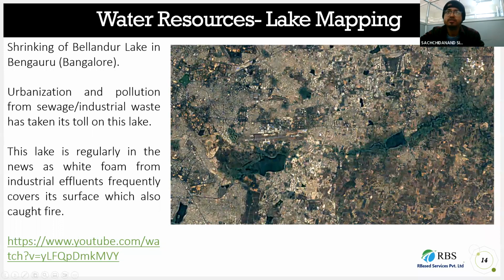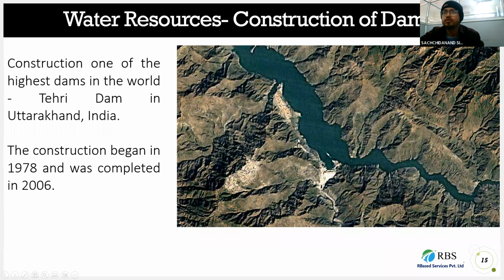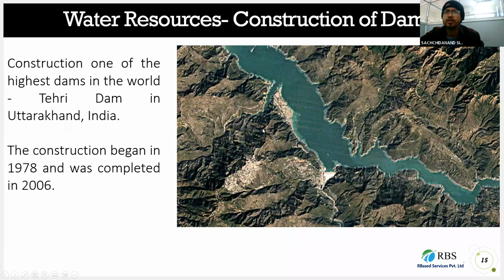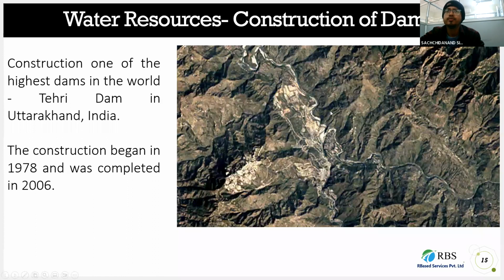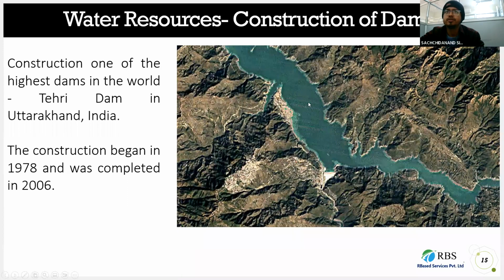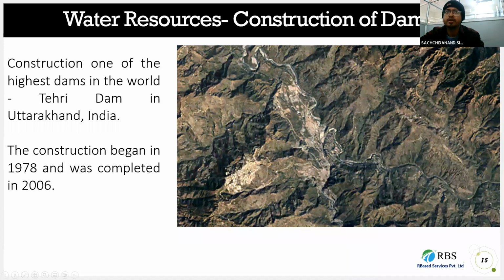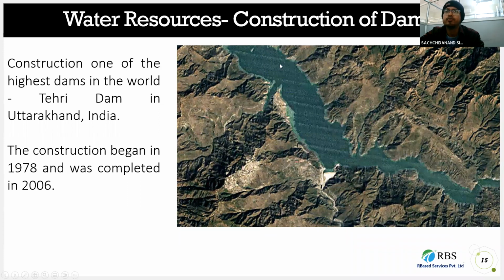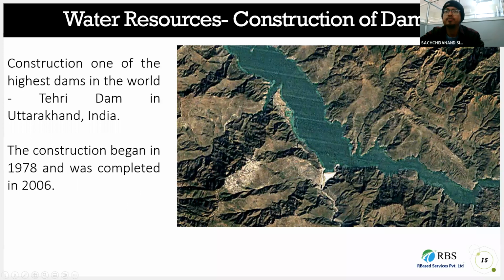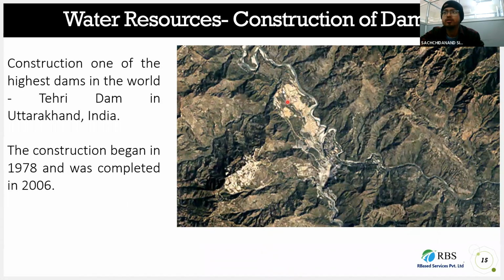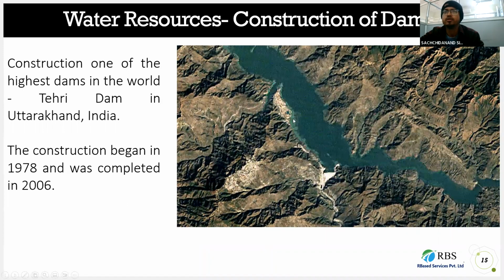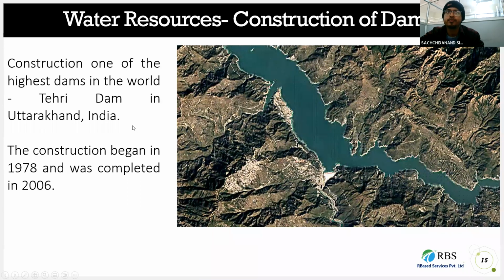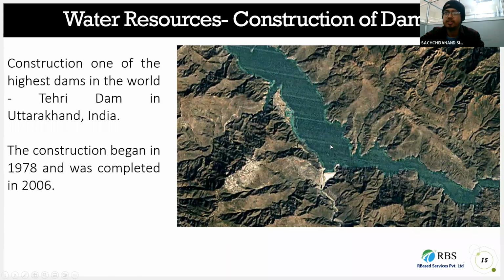Then these are the images of Tehri Dam which was built in 2006, 2006 में complete हो गया। तो after 2006 you can see कि there is a lot of water present। वरना उसके पहले यहाँ पे अर्बनाइजेशन हुआ करता था, इन लोगों को शिफ्ट किया गया दूसरी जगह पे, और फिर यहाँ पे वाटर, जब डैम बना तो इतना एरिया पूरा डूब गया। बट दिस वाज कंस्ट्रक्टेड टू सप्लाई वाटर एंड इलेक्ट्रिसिटी टू द होल स्टेट एंड टू उत्तर प्रदेश एंड एज वेल एज टू उत्तराखंड।